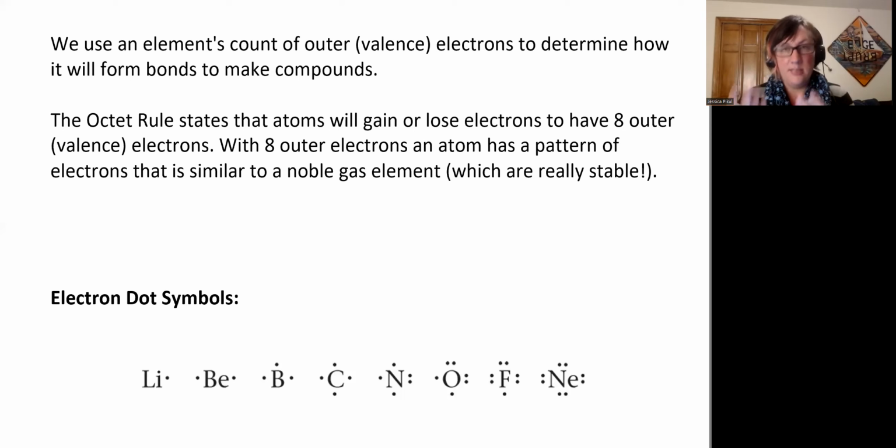So bonding is going to occur, or the formation of ions, to have an atom of an element try to have that magic 8 outer electrons. Sometimes it gains electrons or loses electrons to have that magic filled outer shell. And sometimes it forms bonds by sharing electrons with another atom. So I wanted to introduce the octet rule and the power of that 8,